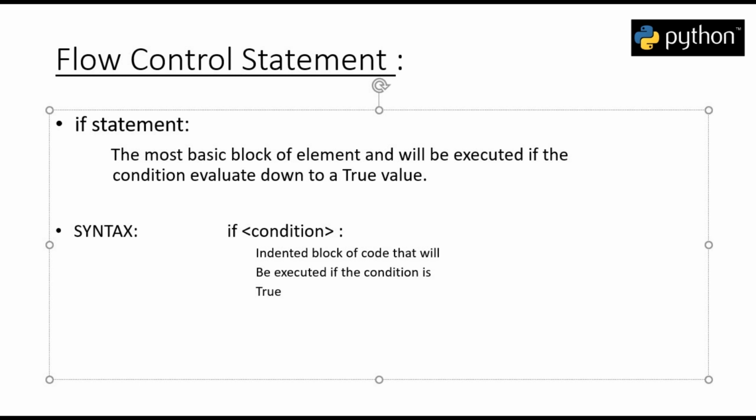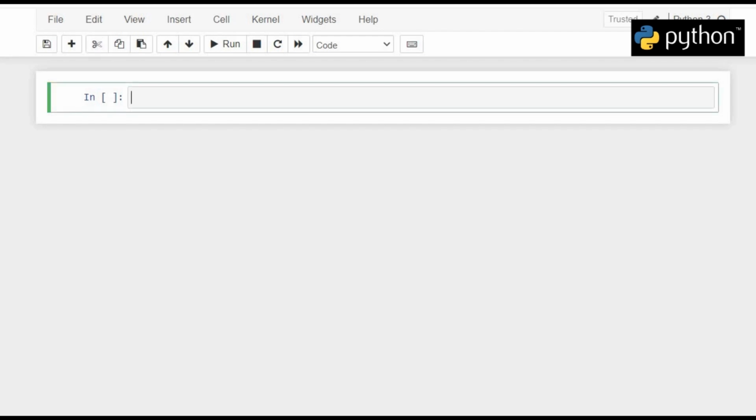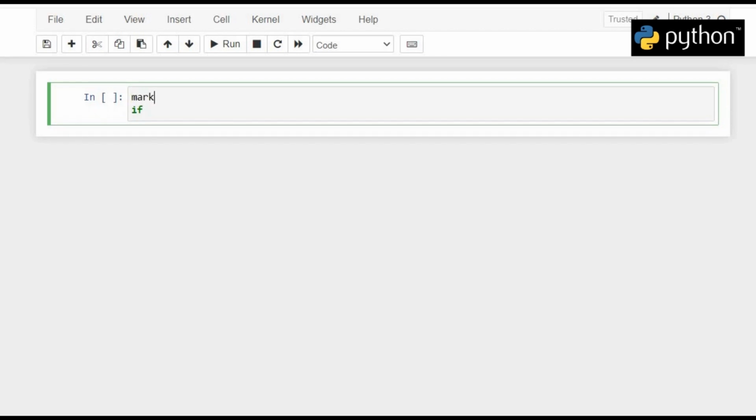For example, let's head over to Python and understand this in detail. Let's say we have a condition that if the student scored more than 90% of marks, then the student has passed the exam. So we will first write the condition if. First we have to define a variable named marks in which we can pass our value to check. Let's give it a pass value for now. Now if marks is greater than 90,